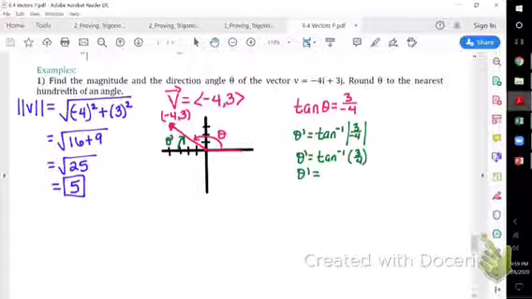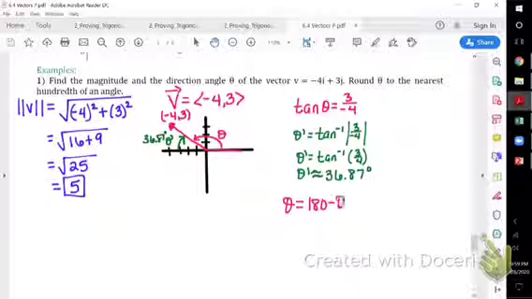Make sure you're in degree mode. And this is not my actual answer, but I'm going to go ahead and go to the nearest hundredth, okay? And so we should get that this is approximately 36.87 degrees. So if theta prime is 36.87 degrees, remember then to find theta, we take 180 minus that theta prime,